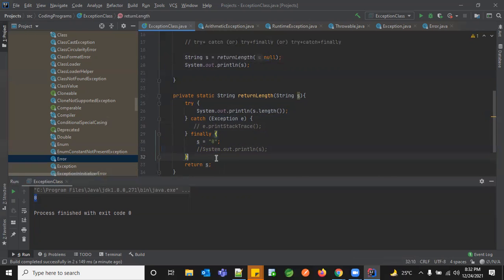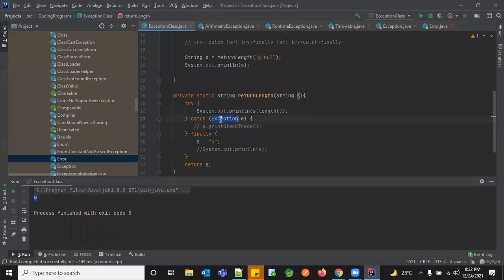So there's a difference between the final keyword and the finally keyword. The final keyword is something you use to make a constant throughout your program execution, for your class or your method or your variable. Whereas finally is a block which can be used only with try and catch blocks and not with anything else. Okay. So till now, any questions? Why are we using this catch block? Basically to suppress your exceptions and just go with the happy flow of execution.